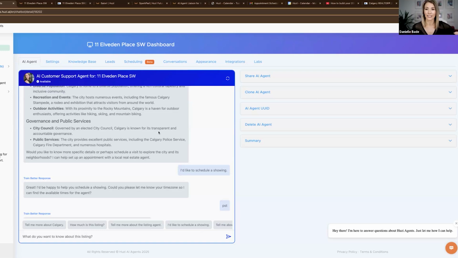So the QR code is fantastic. They're not typing in a URL. You're not emailing them a link. The QR code is great. When they're standing there, what questions do they have? In Eric's use case, they're generally going to ask about that property, or if you can get them to that place, can I schedule a showing? And then of course, the lead capture is the ultimate goal of the agent. You don't just want to answer the question and then they walk on.